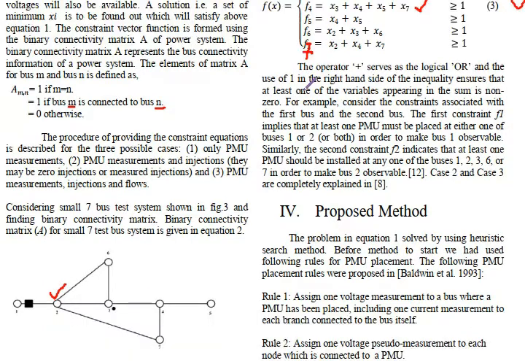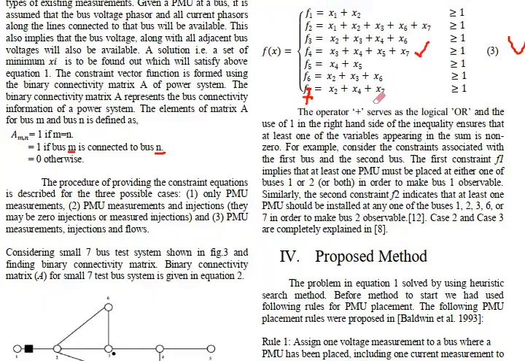So if the PMU is placed at any of these, x3, x4, x5, x7, then this bus will be observable. You can also see here, this is bus number 4. If you place a PMU here, this bus will be observable. Otherwise, if you place it here, then this bus is connected to this one, so this bus will also be observable. If you place a PMU here, then this fourth bus will also be observable. In the other case, if you place it at bus number 3, again this bus will be observable. So this F4 will be equal to or greater than 1.